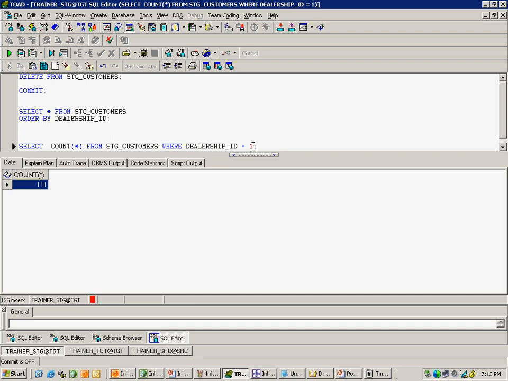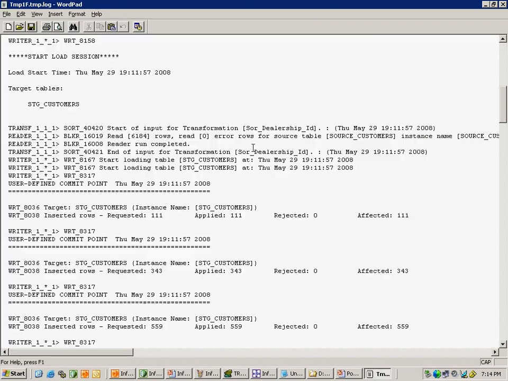Then let us see how many records for the next dealership ID, that is 232. Then total 111 plus 232, 343. It is cumulative. So that is the way the transaction